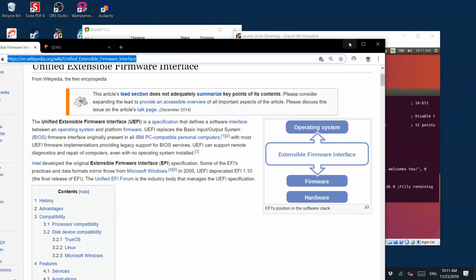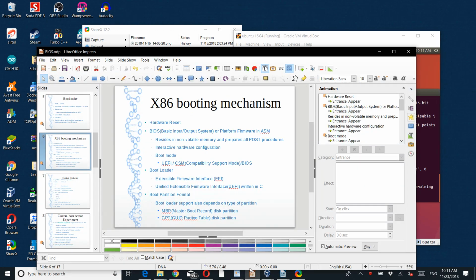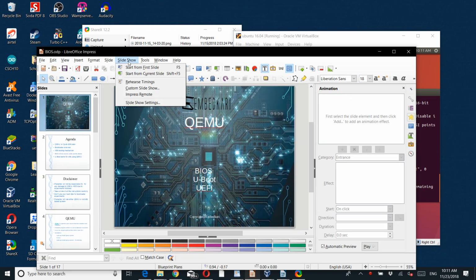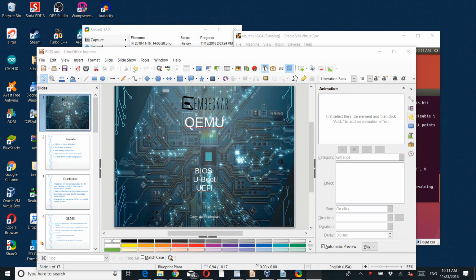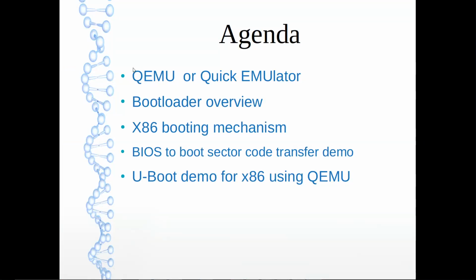So today I'm going to discuss QEMU, and let me share the presentation. So this is a quick emulator, and the benefit of this particular emulator is that